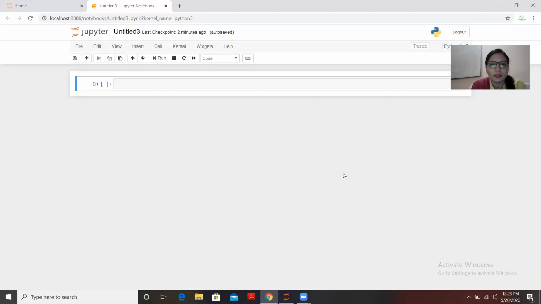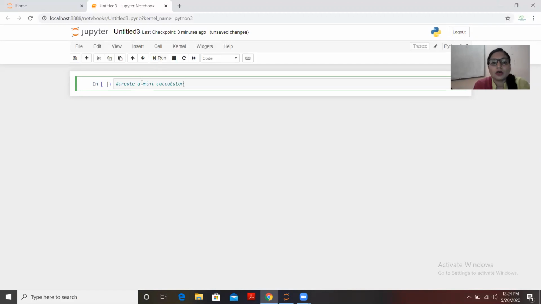Today we'll do something interesting with these user defined functions. I'll be using a bit of if else as well, so that you can get familiar with how to apply a condition based on a certain situation, right? So let's move ahead. First, today we are going to create a mini calculator,